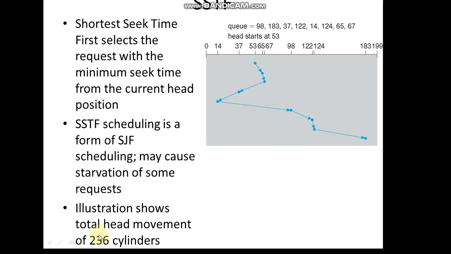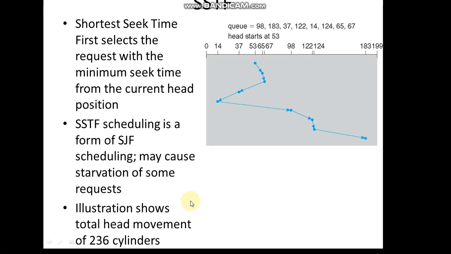Then we simply take the average, that is the total number of head movements divided by the number of requests in the queue. How many requests do we have in the queue? 1, 2, 3, 4, 5, 6, 7, 8, so 8 requests. So we do 236 divided by 8.